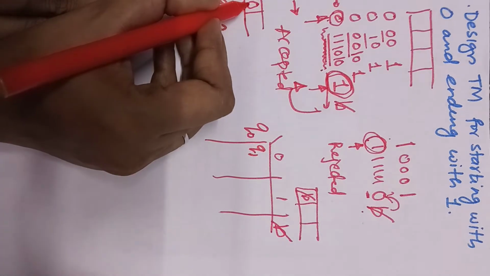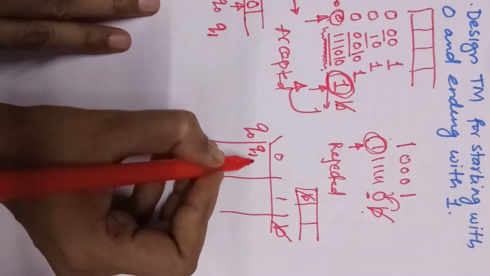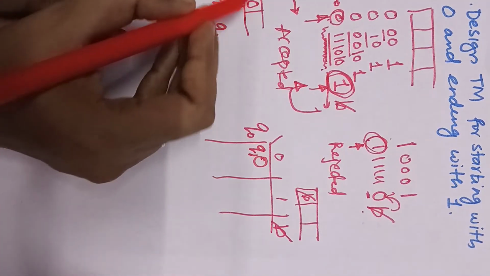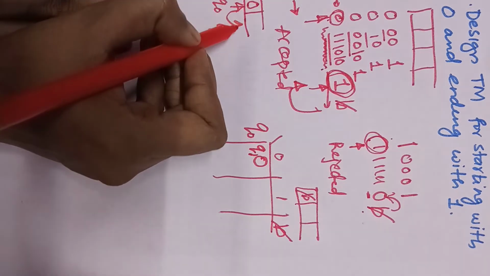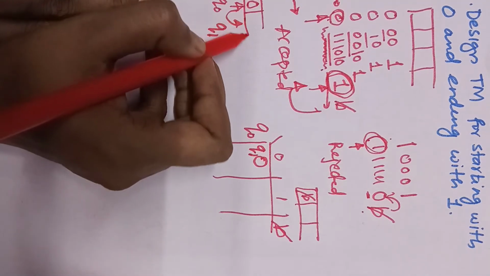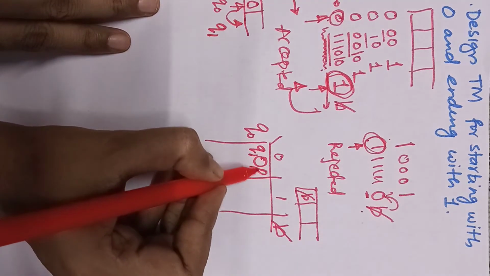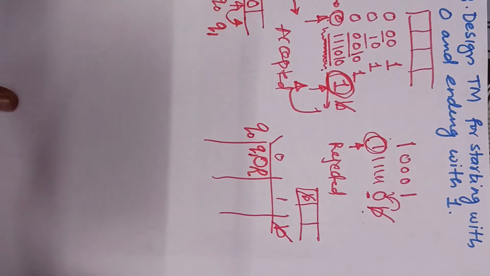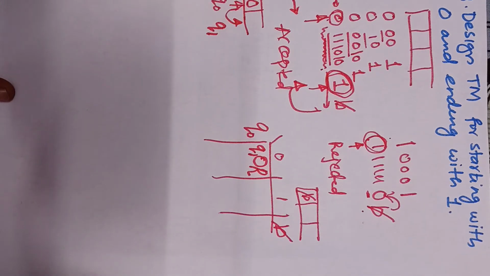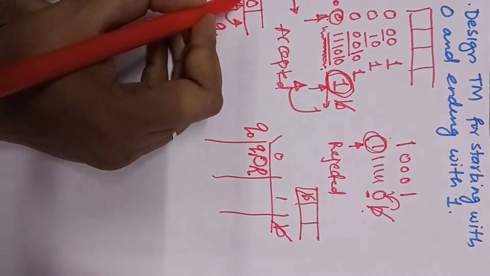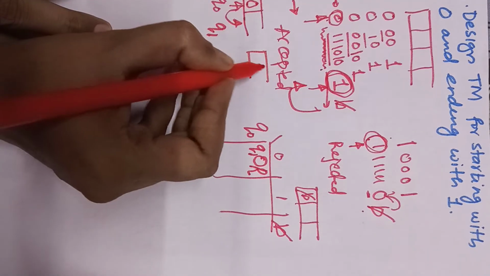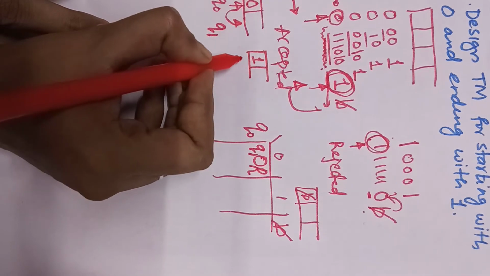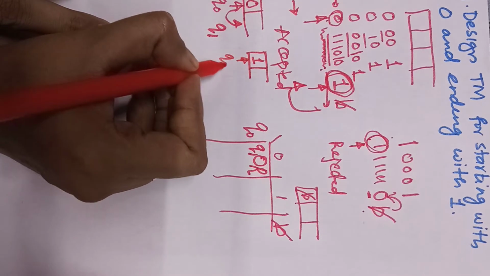Do you want to change the input symbol? No, I don't want to change the symbol. Where do you want to move, towards the right hand side or the left hand side? I am interested in reading the rest of the string, so the movement will be towards the right hand side. This is the initial position, the first bit. Now if the first bit was 0, that is the case; now if the first bit is 1, again initial state Q0.